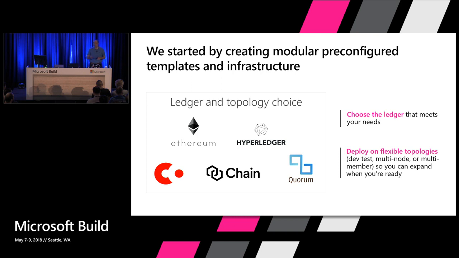And you can deploy single node if you want to do dev test, or multi-node in your own subscription if you want to try out what a consortium might look like. Or you can even deploy multi-member, where individual organizations with separate subscriptions and separate administrative control each deploy their own footprint of nodes and then join those together with a VPN network. And then they have this private consortium network that's not under centralized control that can communicate with each other. All of this is intended to help you set up the plumbing with minimal friction and effort.